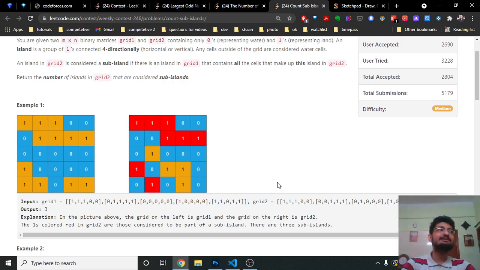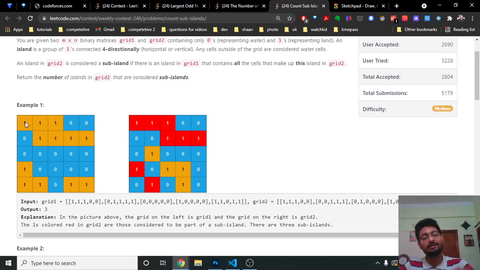Now, what you can simply do is, the first thing is you have to find the islands in grid 1. Instead of just marking them, since the islands are already marked with 1, you'll mark the islands with different numbers. So you can mark this island all 2s. This is one island of all 2s, because it is initialized with 1, mark them with another number. So this is one island of all 2s, islands of all 3s, and islands of all 4s. Okay, so I will tell you how this code runs.